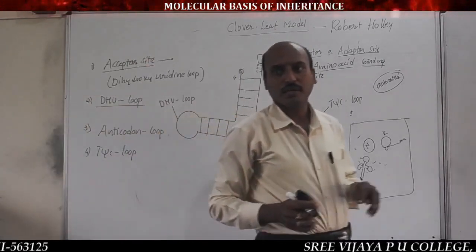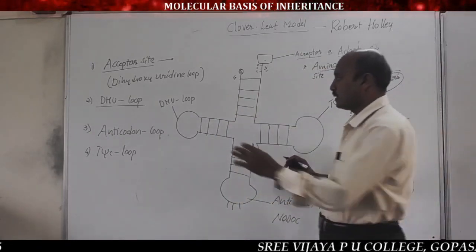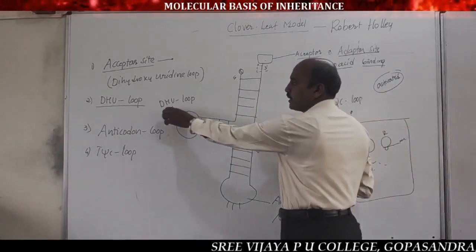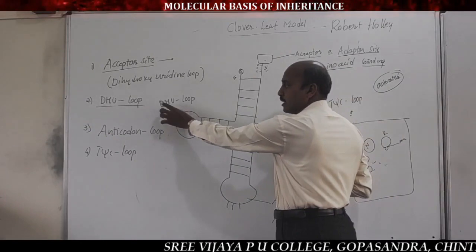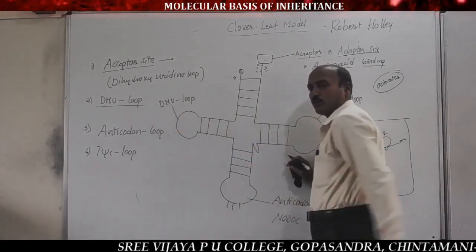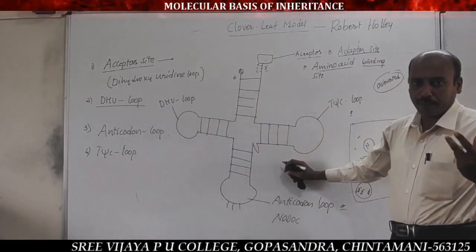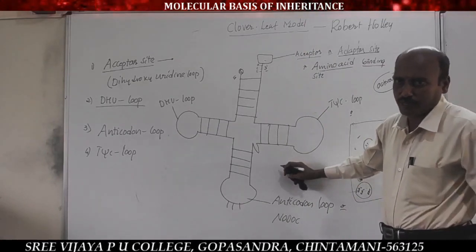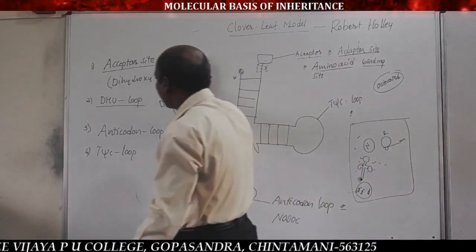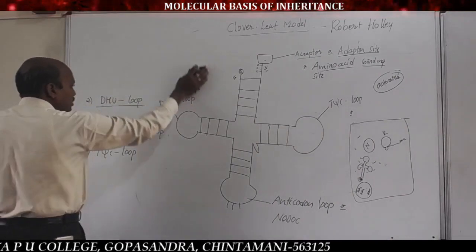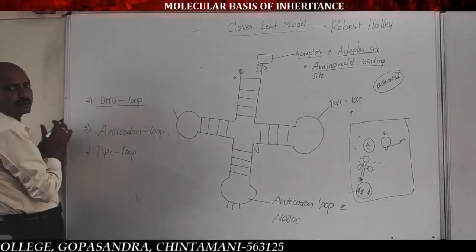Do you remember? DHU loop is the second part of tRNA. Its expansion is dihydroxyuridine loop. The brief explanation of this part is, we remember, the DHU loop is also called